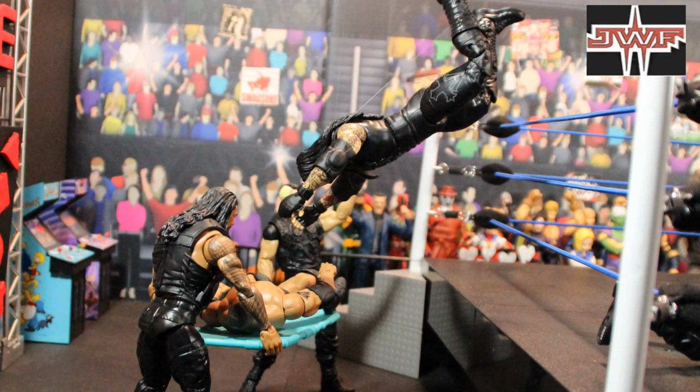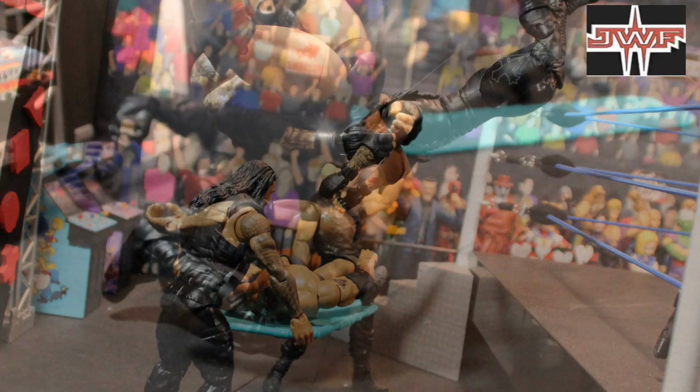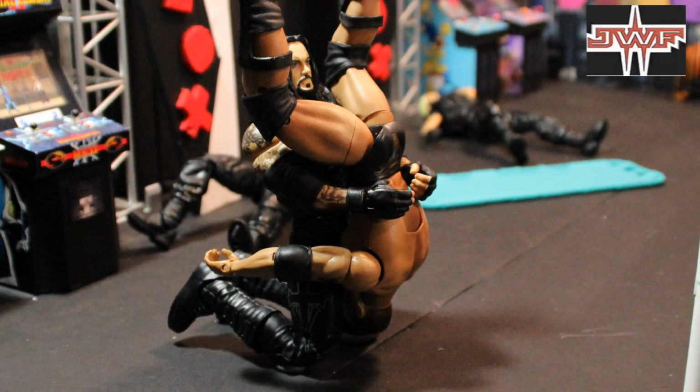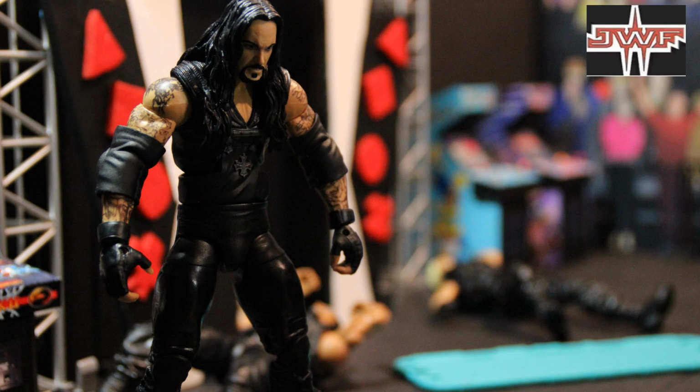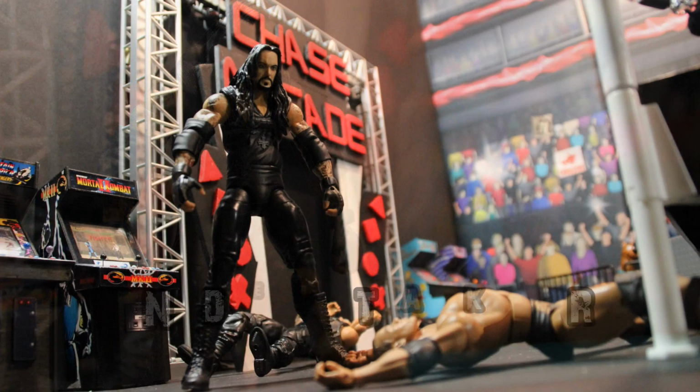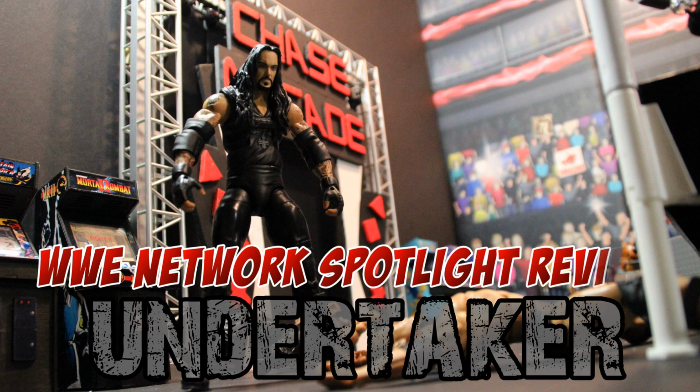The Undertaker over the top rope just leveled Rollins and Reigns to get to The Rock. And The Rock can't stand up. But The Undertaker's gonna... No. Another tombstone pile driver, this time to the floor on the outside. This is absolute chaos. I cannot believe what I've seen here. The Undertaker distracted...